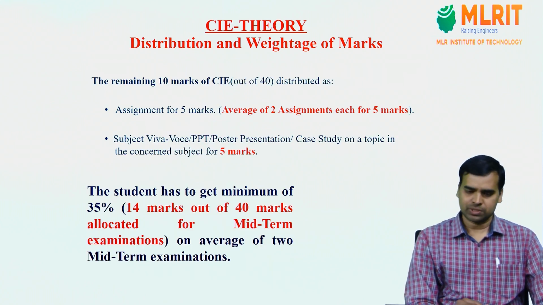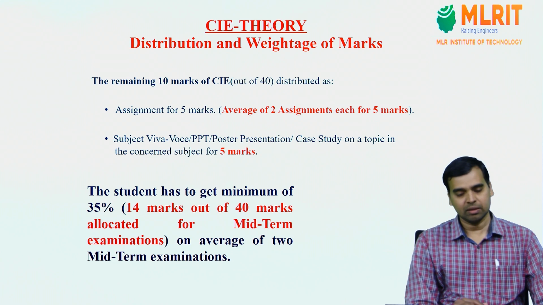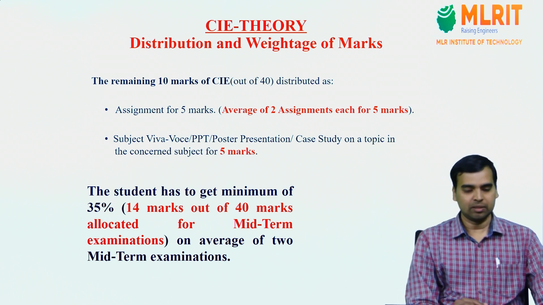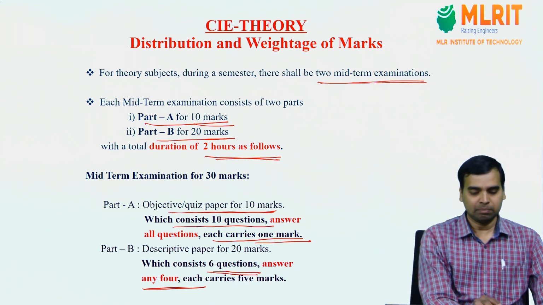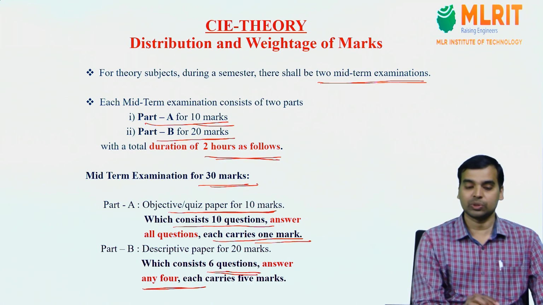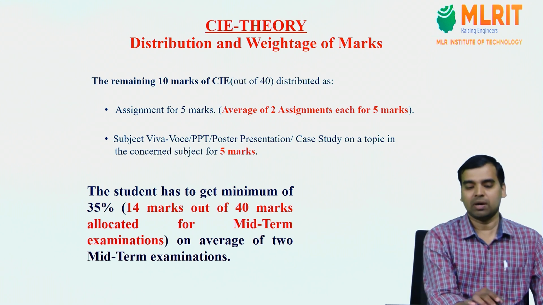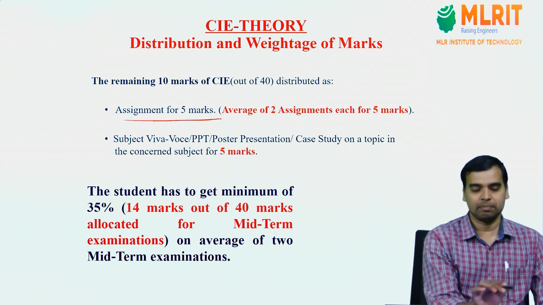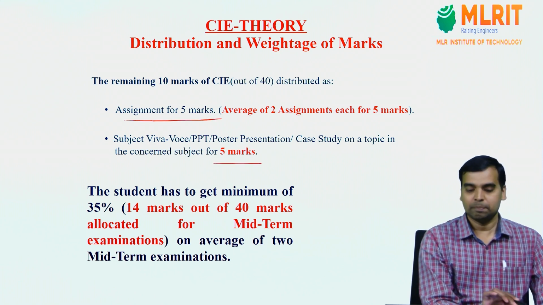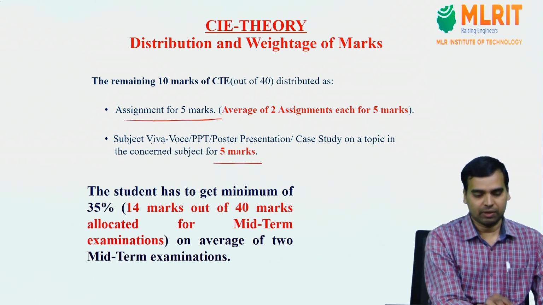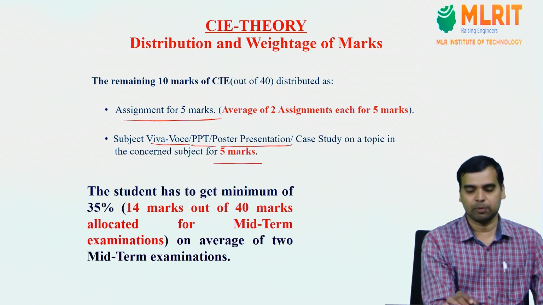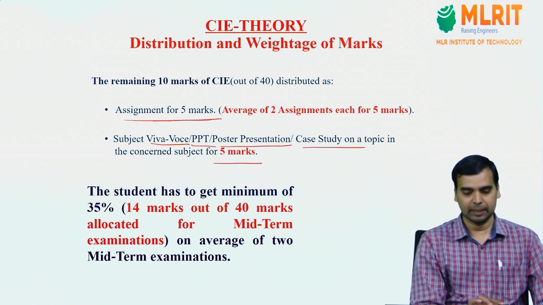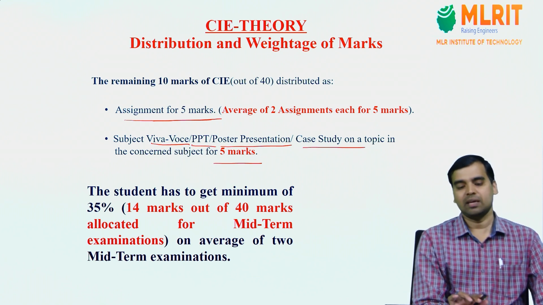Now, of course, you all know that CIE is out of 40 and SEE is out of 60. In the previous slide, you can see the midterm exam is out of 30 marks. The remaining 10 marks of CIE are distributed as 5 assignment marks and the remaining 5 marks as PPVC marks, which are either YOYs, PPT presentation, poster presentation, or a case study on a topic, given by your subject faculty,